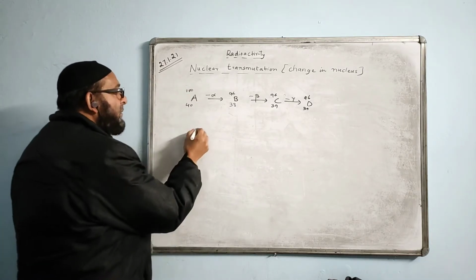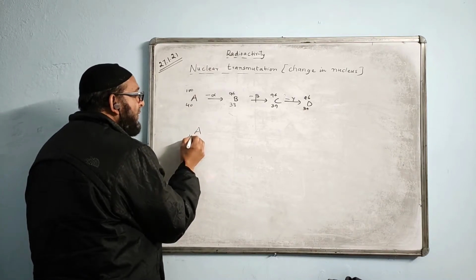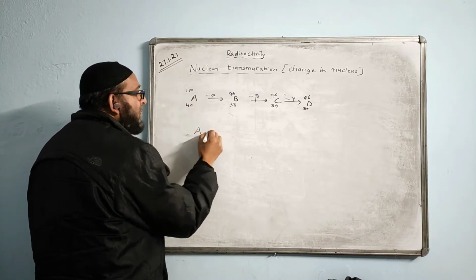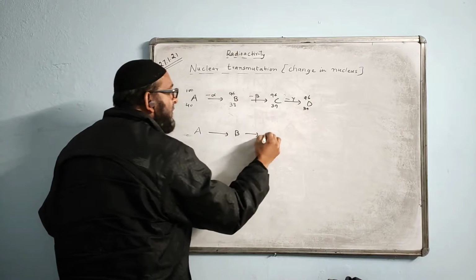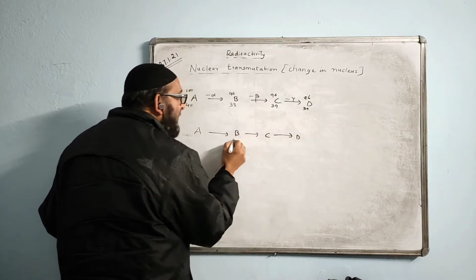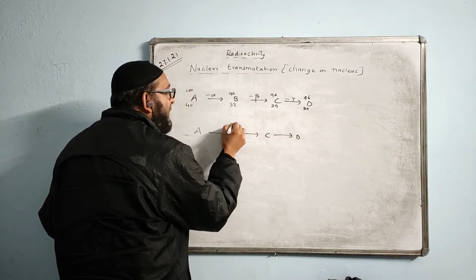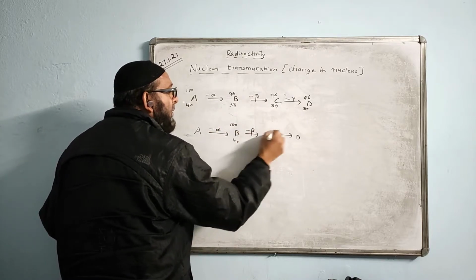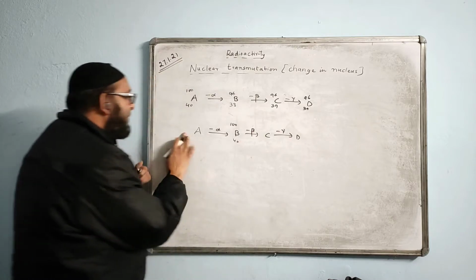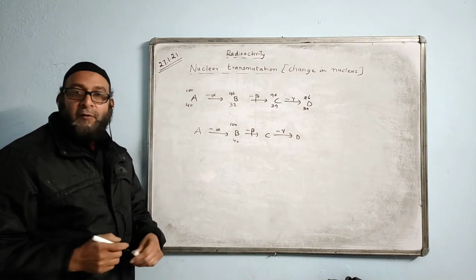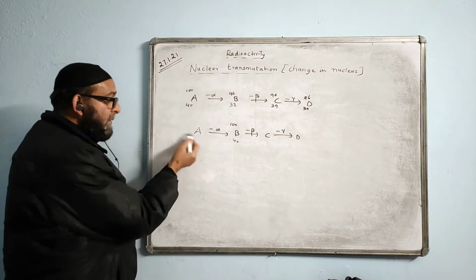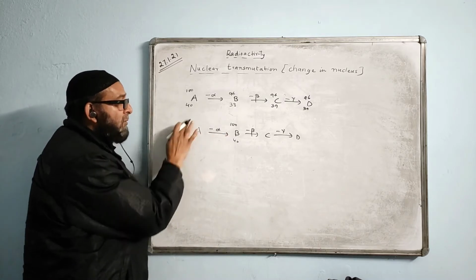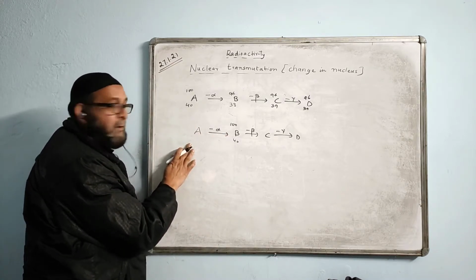Now similarly, they have given another question. This is given A, this is given B, this is given C, this is given D, and here the value is given 40 and 100. And here is written minus alpha, here it is written minus beta, and here is written minus gamma. Tell me what is the answer for A? What is the composition of A? This and previous to this. What is the answer now? Tell me, what should I write now?